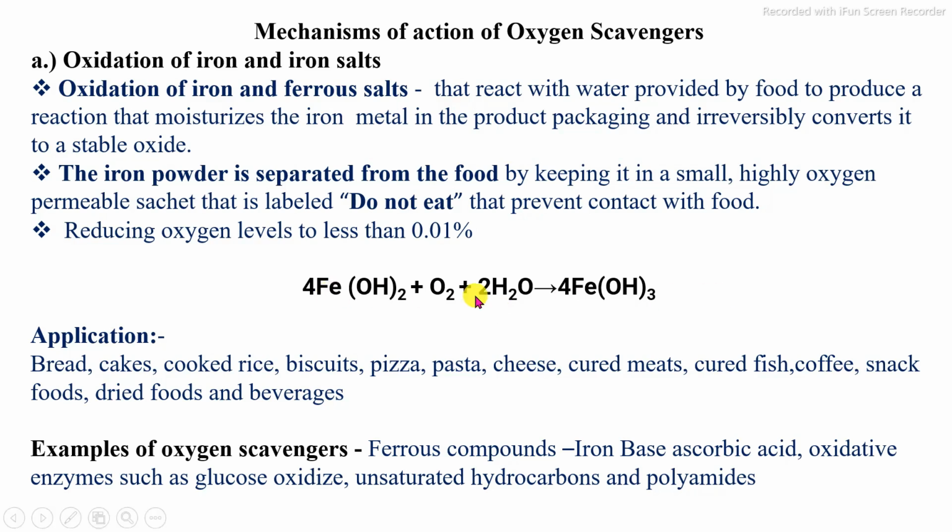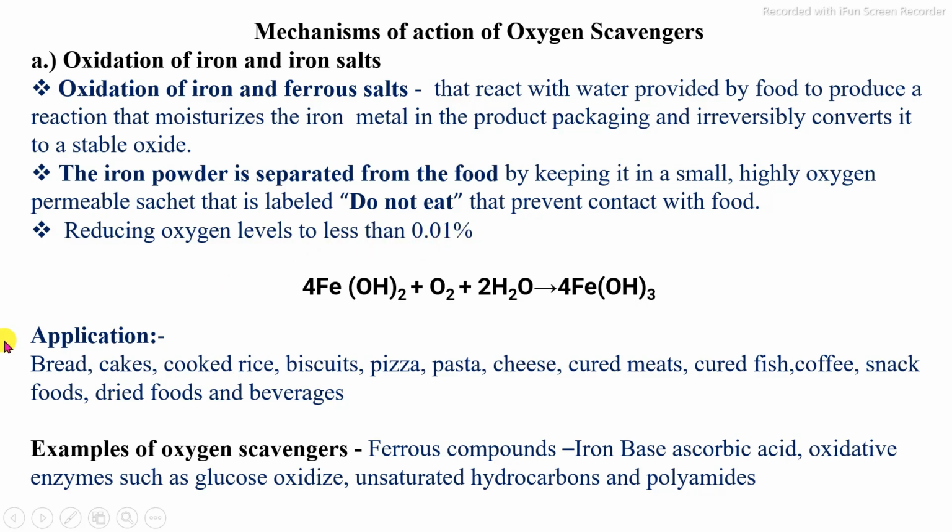In this way, whatever internal oxygen is present is absorbed in this reaction, and the internal oxygen level is continuously reduced. Specifically, the iron powder is packed into a pouch system, that is a sachet, labeled as do not eat, which prevents contact with the food and reduces the internal oxygen level to less than